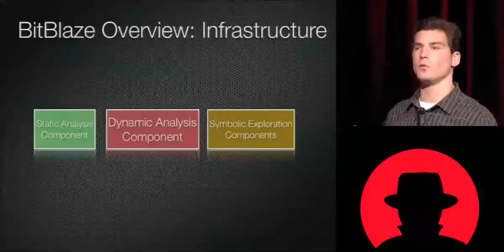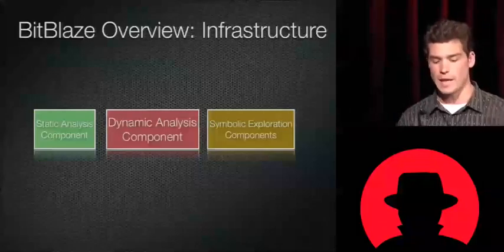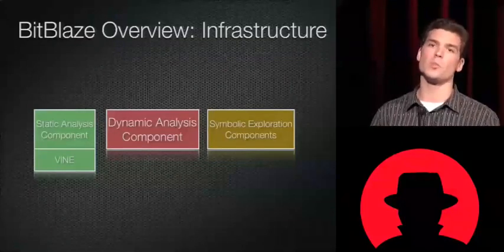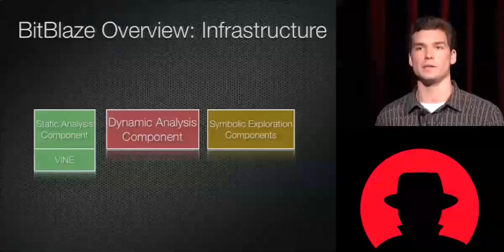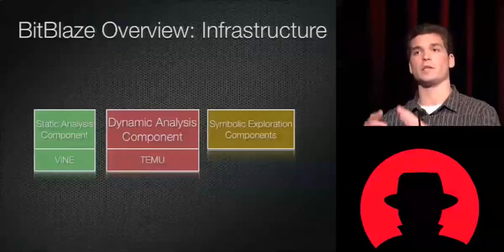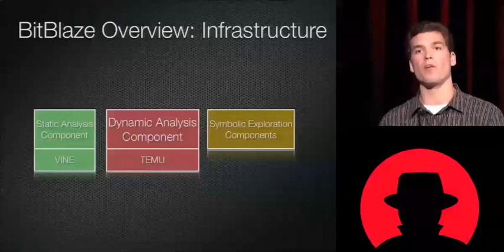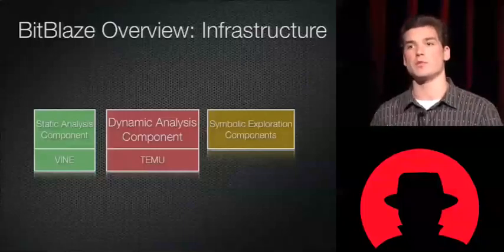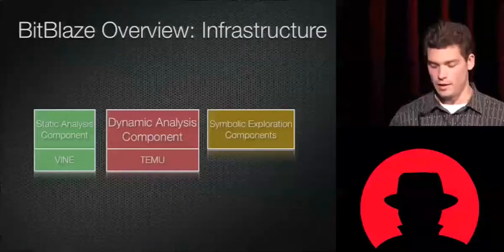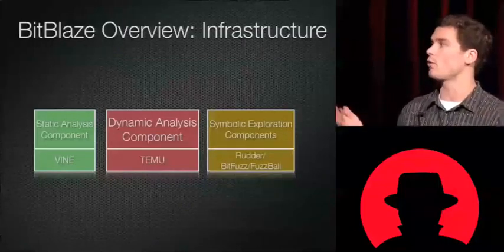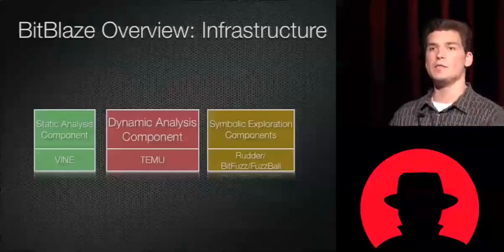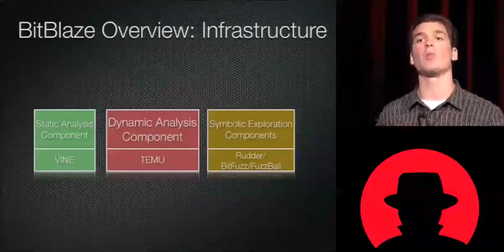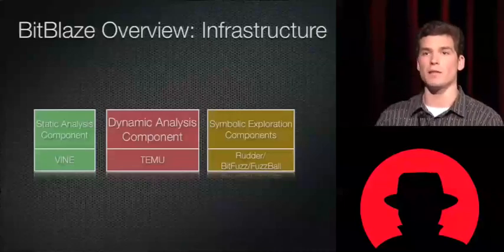BitBlaze is split up into 3 core components. The first component is a static analysis component called Vine, and Vine lets us do static analysis and symbolic execution, and it also provides a set of core utilities for common types of analysis. The dynamic analysis component lets us run a program in an emulated environment and perform very fine-grained binary instrumentation and also extract semantic information from the operating system as well as the program and perform dynamic taint analysis. And finally, we have the symbolic execution components. Currently there are 3 of them: rudder, bitfuzz, and fuzzball. These components use the functionalities which are provided by Vine and Temu to enable symbolic exploration. For a given program execution path, these tools can generate